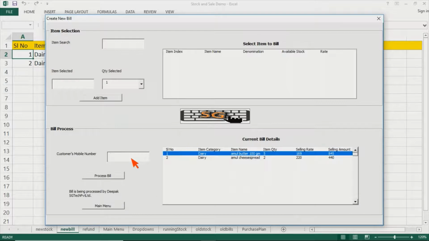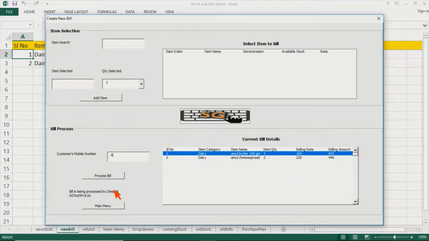Now that's all the individual wanted to buy. So you might like to key in the customer's mobile number to refer to the bill in future. So suppose the mobile number is only 9. For the sake of brevity, I am doing only a one digit number, and I can go ahead and process the bill. Before I press this button, see what is written over here. Bill is being processed by Deepak at SG Technology Private Limited. What it means? It is not a permanently fed name. It is being fetched from the username of your PC through which you are as of now logged in.